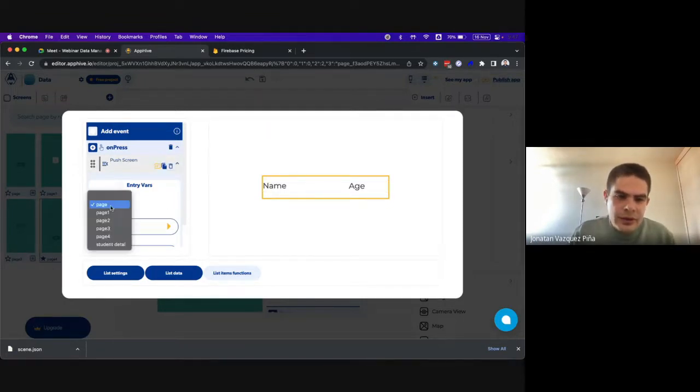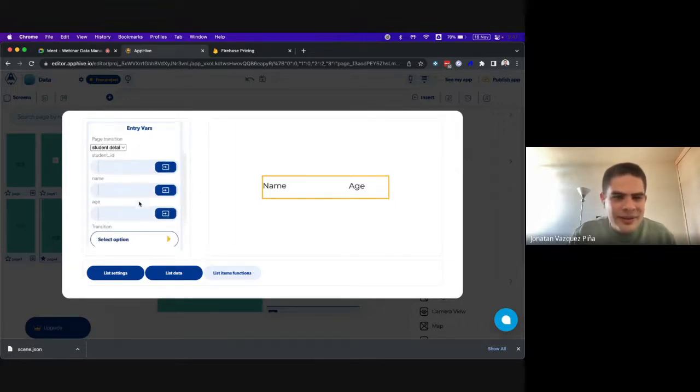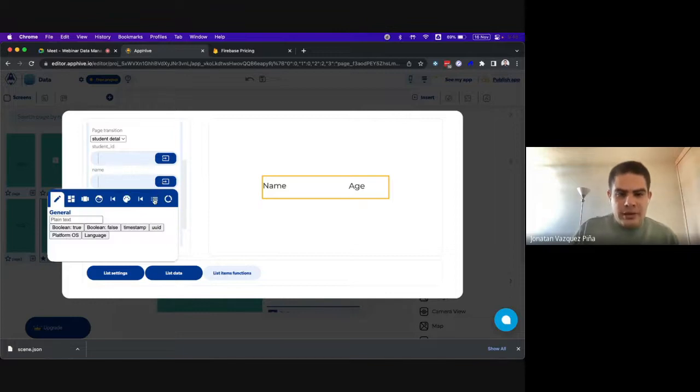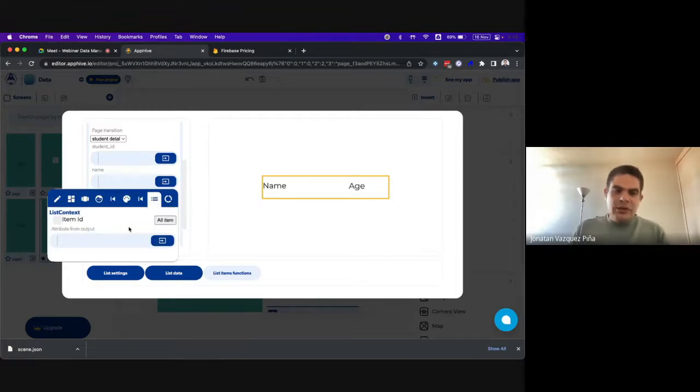this element of the list, I'm going to send the user to the student detail. Okay, sorry for the spelling. And you see that I have these three variables now available here to send information to the other page. This information is the information I get from the call database, but I can send this information to the other page. For example, to send the name, I can select the information I have from the list and write name